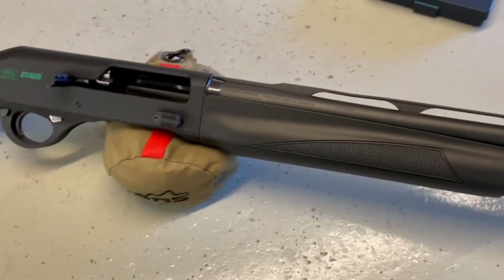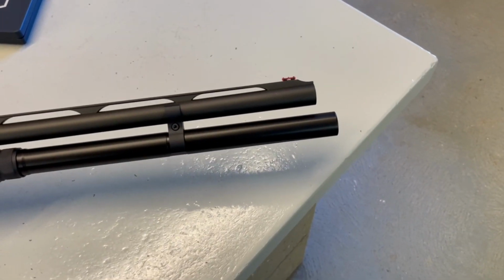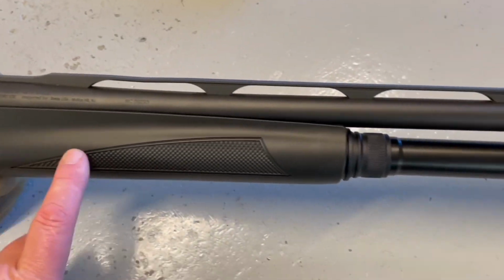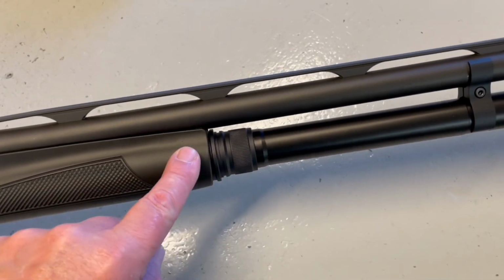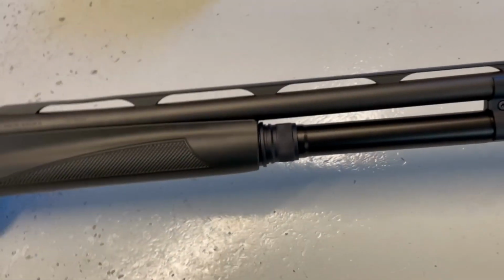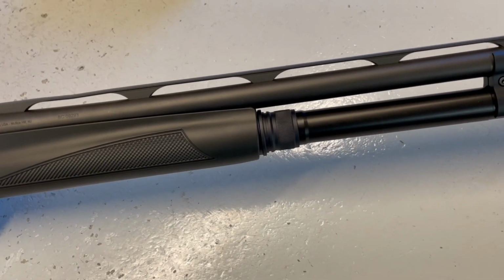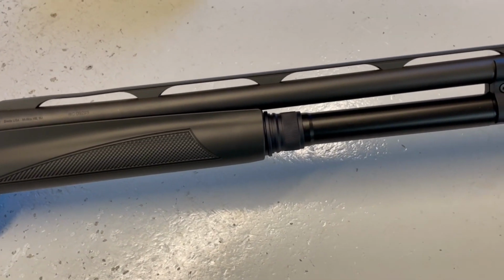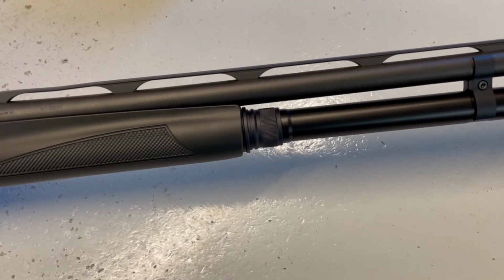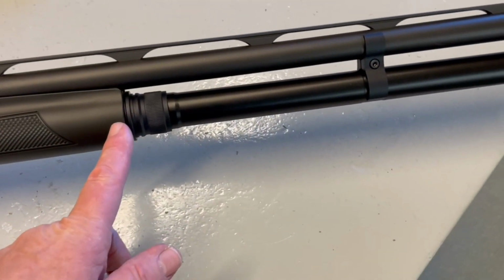Another thing, and this is not about the Breda, it's about just about every practical semi that has an extended mag tube. Say the gun has a 4+1 capacity, so the actual magazine attached to the receiver stops about there, and this is just screwed and clamped on, as you can see. Firing stress and shock will cause anything screwed on to unscrew. What happens, I've noticed with a lot of mag tubes, more on semis and pumps, is that the mag tube gets loose and screws out maybe a turn or so, causing a slight gap